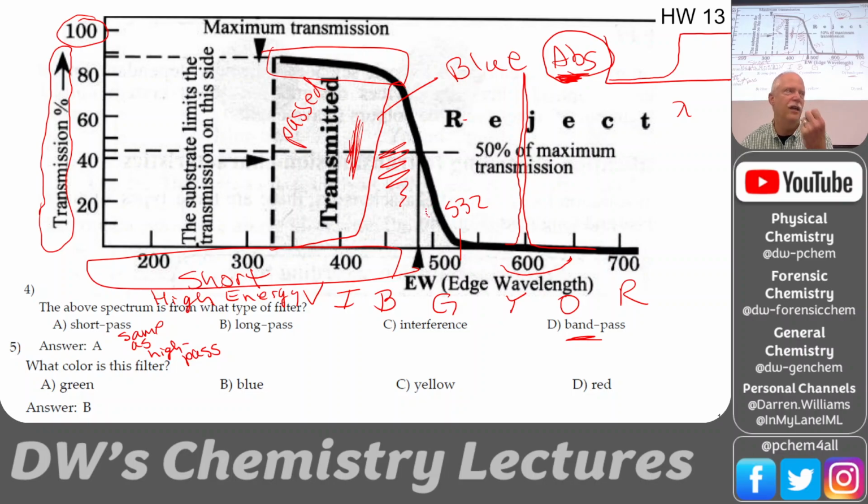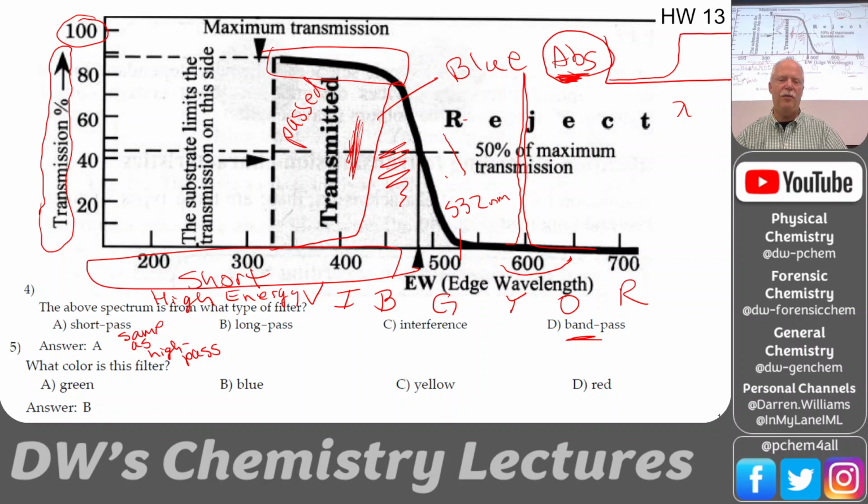It's the brightest green you've ever seen, and that's 532 nanometers. So that's definitely, absolutely a green color, and look here, it's on the reject side. It's on the not transmitted side. So this is clearly not green. If you had an edge wavelength right at say 532, it's absorbing half of that green. It's going to be a blue or